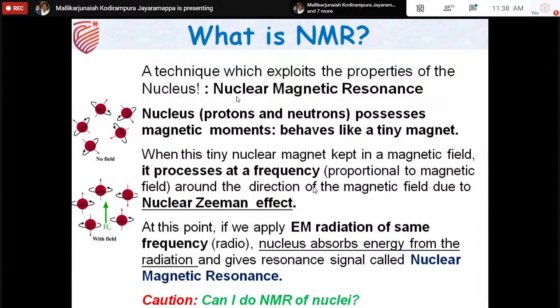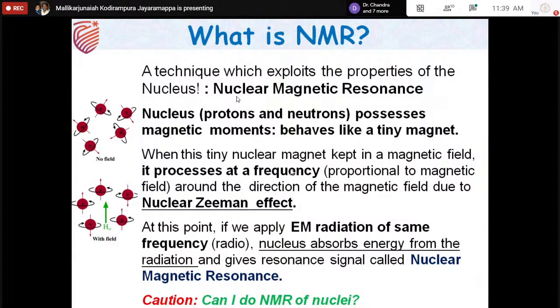All of us have studied the Zeeman effect. Basically, NMR and ESR are subparts of the Zeeman effect, where the magnetic property of the given matter interacts with the magnetic field. That we call the nuclear Zeeman effect. Now what happens? The individual nucleons start precessing around the direction of the static magnetic field